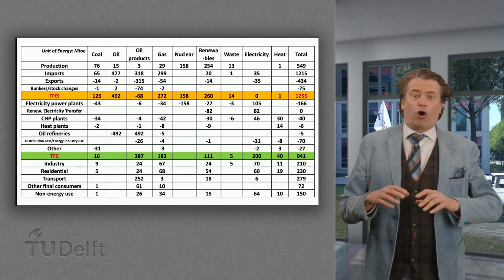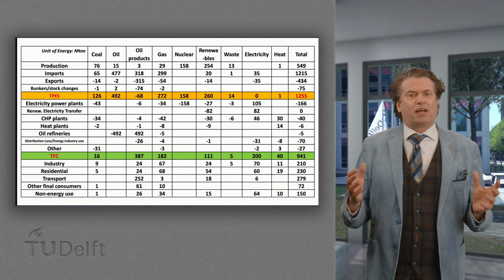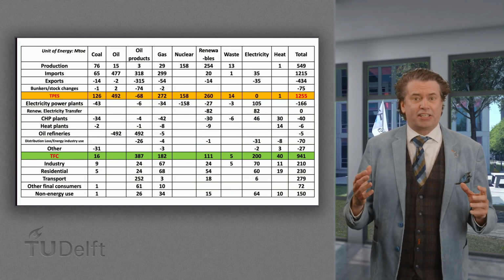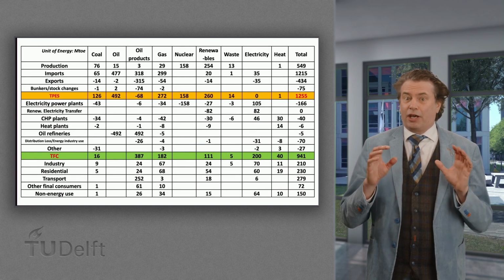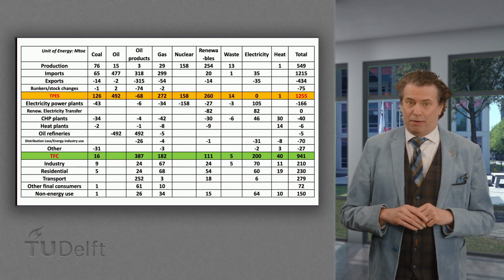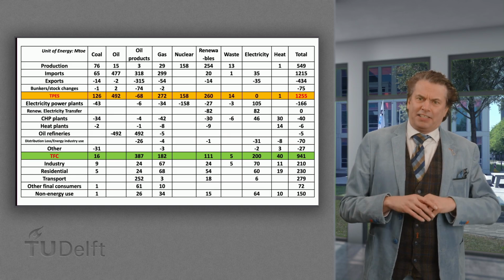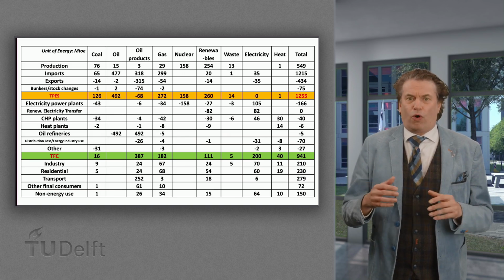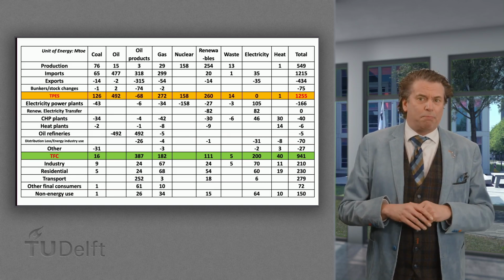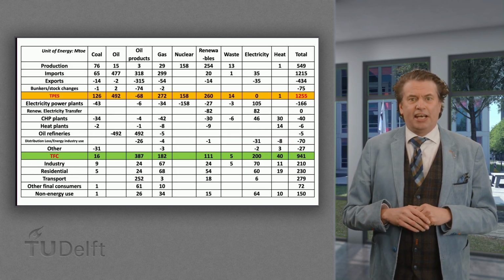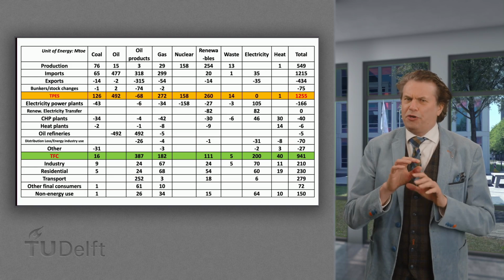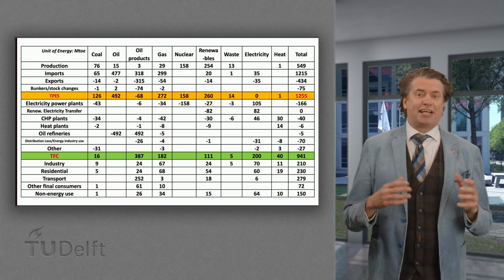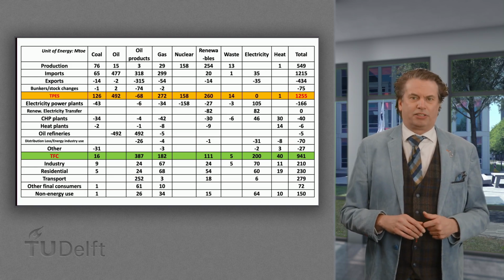For a country or region, an energy balance is typically presented as a matrix, as shown here for the European Union. It is the equivalent of the Sankey diagram. The energy balances are compiled for all countries annually by the International Energy Agency in cooperation with the United Nations. Now let's run you through the process of setting up such an energy balance.